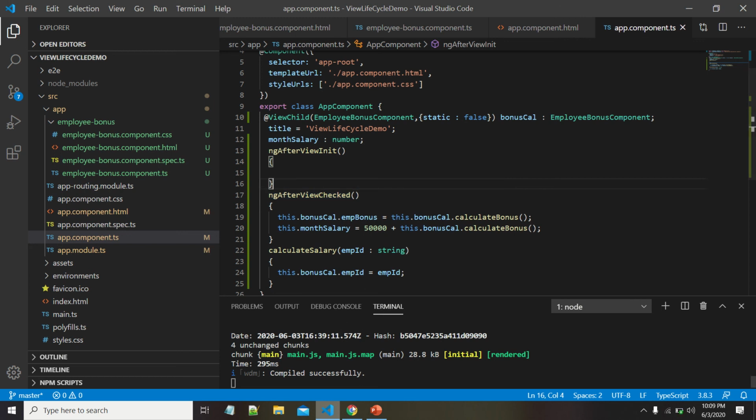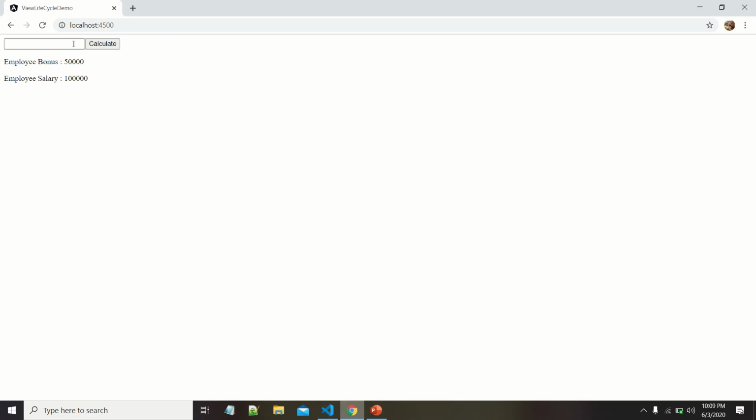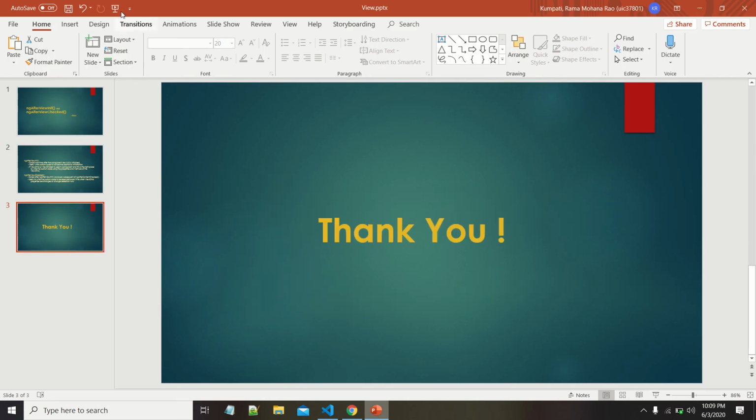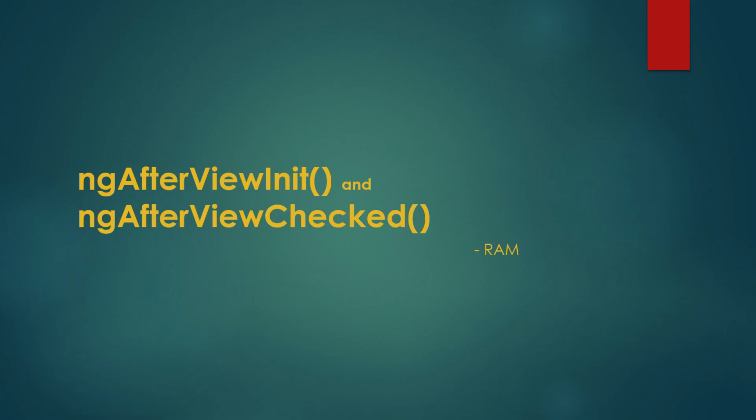Let's see the output now. Let us give EMP01. Yes, we can see that now it got changed to employee bonus 30,000 and 80,000. This is the way we can use ngAfterViewInit and ngAfterViewChecked. Thank you.